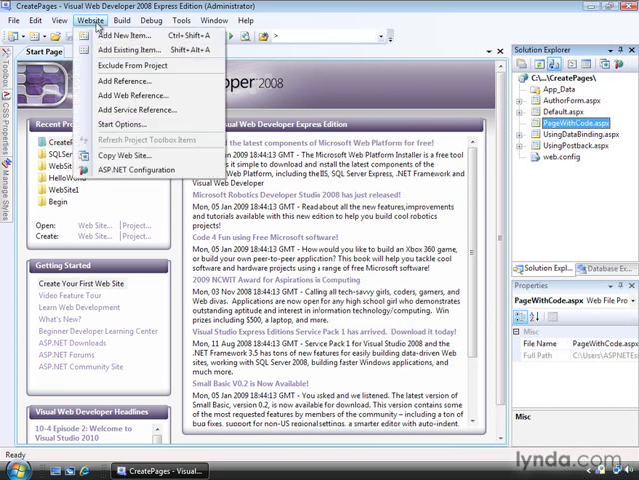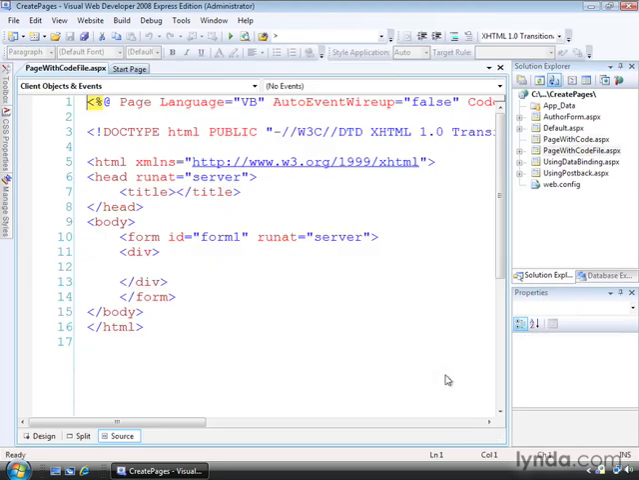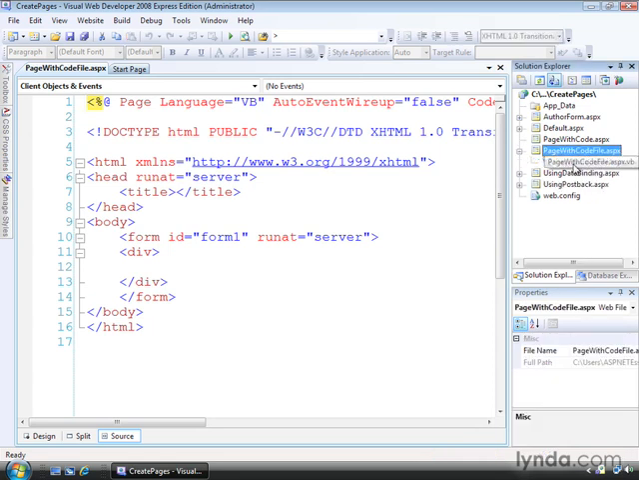From the menu, I'll select Website, Add New Item. I'll select Web Form from the Templates list, and this time I'll set the name as Page with Code File and set the language to Visual Basic. I'll select the option Place Code in Separate File and click Add. Because I said I wanted to create a separate code file, Visual Web Developer created both the ASPX file and the associated file